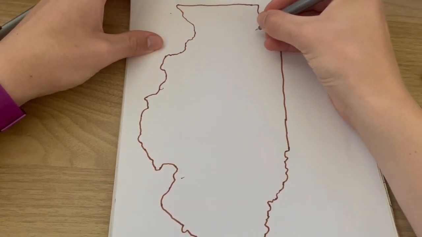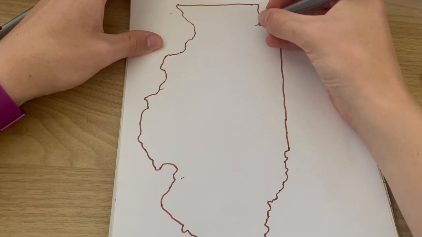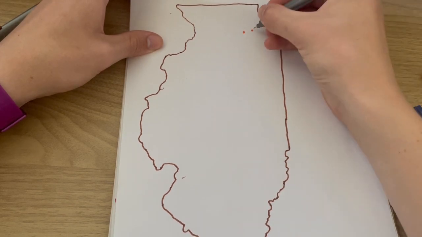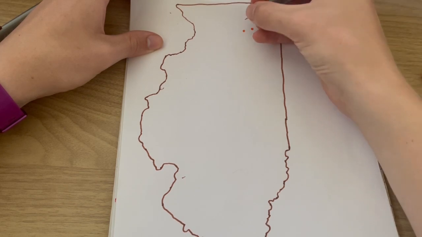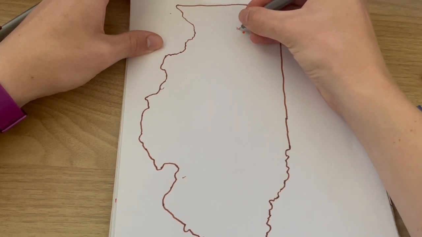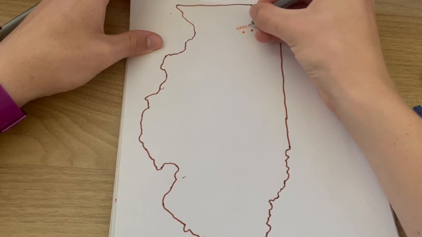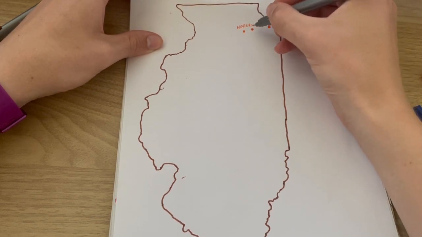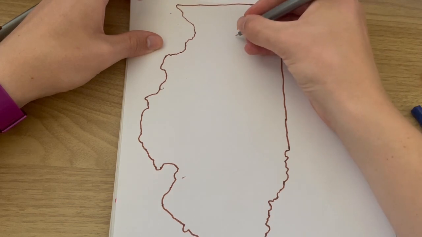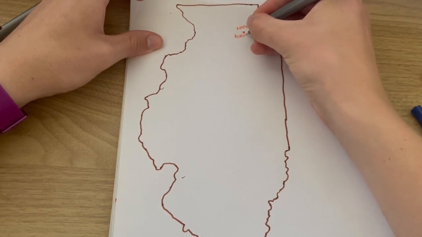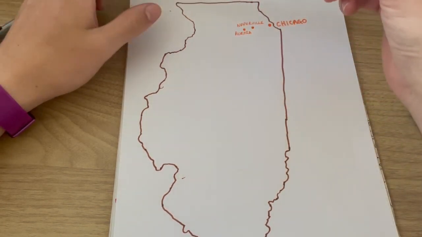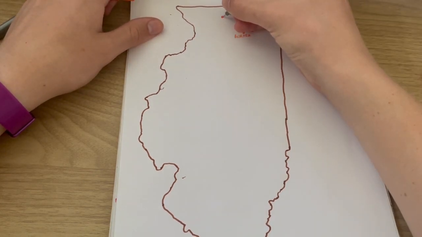I want to put in two cities that are quite close to each other here, so one here, and then one literally just there, and these are so that is Naperville, which is this one here, the right hand one, and then this one here is Aurora. Up here we have